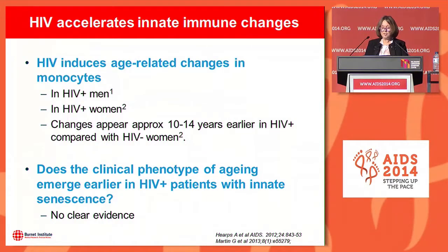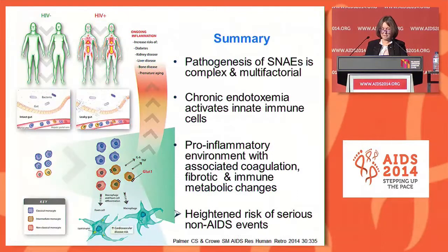So HIV induces changes to monocytes in men and women, studies we've done with Alan Landay's group. These changes appear approximately 10 to 14 years earlier in HIV-infected compared to uninfected women. But as we've just heard, there's no good evidence that the clinical phenotype of ageing emerges earlier in HIV patients who have innate immune senescence. So in summary, the pathogenesis of non-AIDS events is complex,